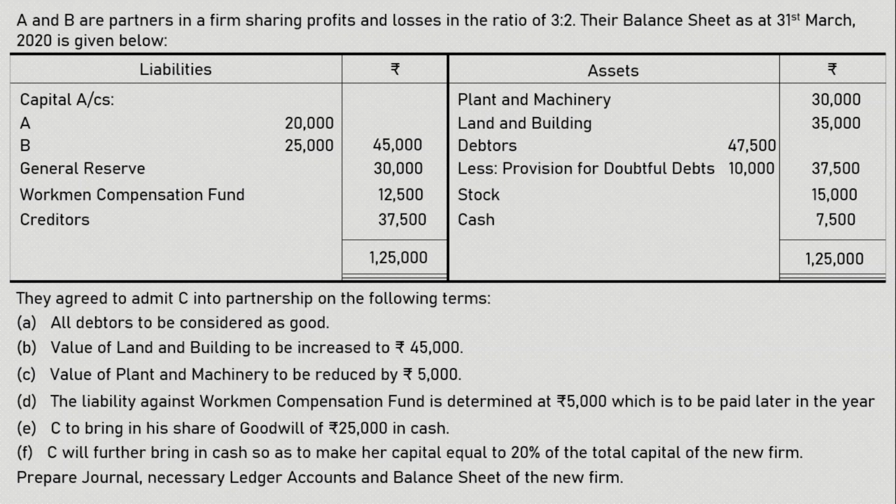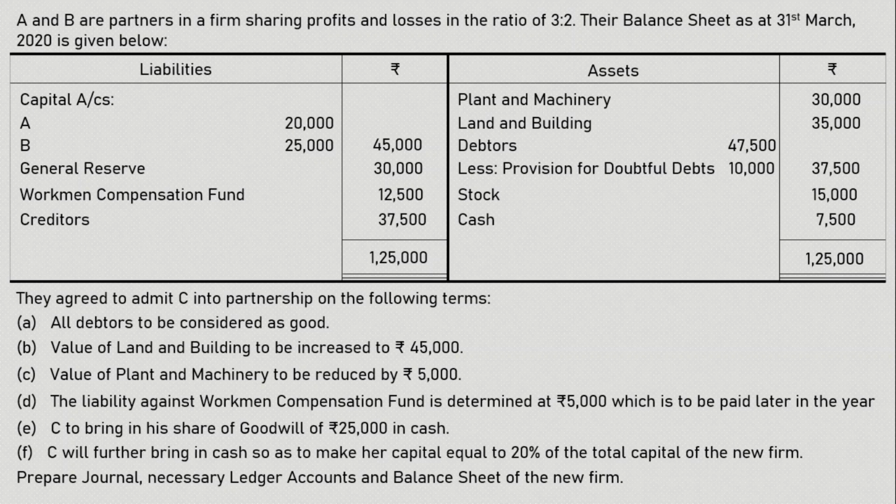C to bring in his share of goodwill of rupees 25,000 in cash. C will further bring in cash so as to make her capital equal to 20% of the total capital of new firm. Prepare journal, necessary ledger accounts, and balance sheet of the new firm. Now, this is a very short question, but yes, we will learn how to prepare journal entry and ledger accounts